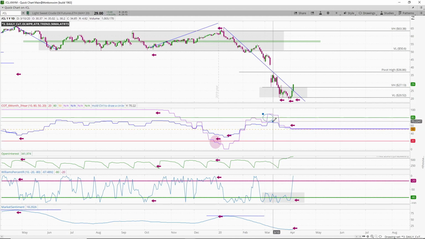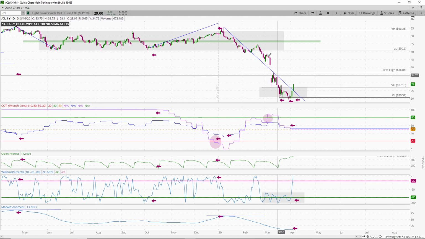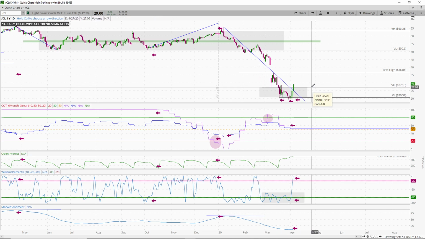But they had already broken into bullish territory on the 6-month index back here for a couple of weeks. So still holding their net long positions up in this area, and it was a nice bounce. Can it maintain it? It's possible, but there's a lot of business going on right now with crude. You chasing this higher? It's about time that crude bounced a little bit. We're down off the highs around 70, down to the $20 range. So if you want to call it market bottom, go ahead. You probably won't be wrong, and if you are wrong, nobody's probably going to blame you for calling a market bottom here.